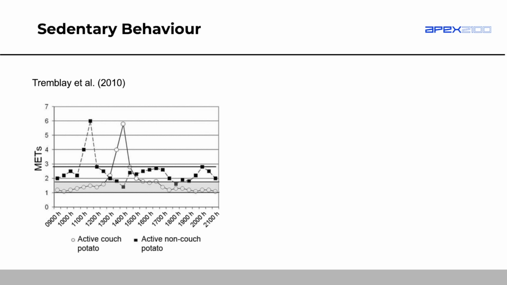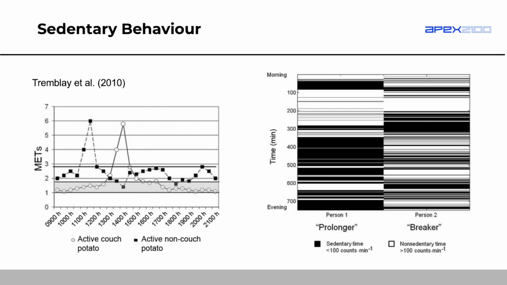Let's have a look now at this graph here. So here, again, we have two different people. Person 1 and person 2 are the two separate columns. The black within each of those columns represents sedentary time, and the white represents non-sedentary time, so being a bit more active than sedentary. Now, what's really interesting is if you were to add up these two columns, they would actually have the exact same amount of black, even though it looks like person 2 has less because it's more spread out. So person 1 is someone who prolongs their sedentary time.